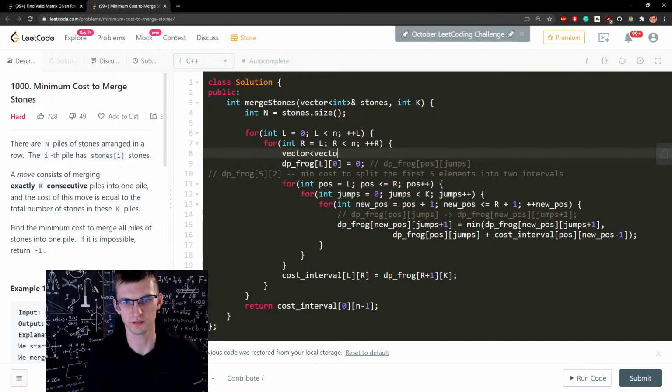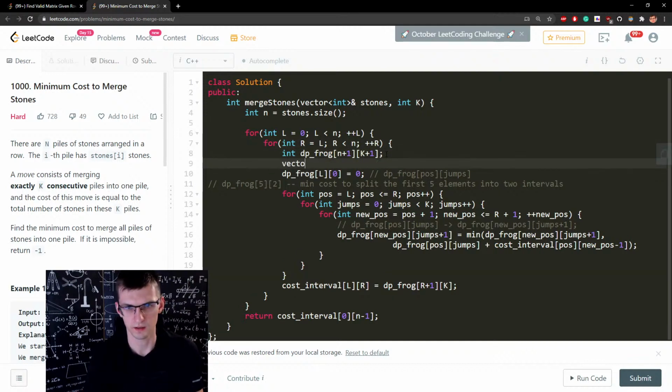Let's do it here. So for those who don't use C++, imagine that this is just dp frog of n+1, I think I need. Also I kept using lowercase n, n+1 by k+1. This way I have indices up to n and I have jumps up to k. It's good to use vectors in modern C++, and sadly this is what you need to do. You would be fine with a two-dimensional array. This is by default filled with zeros,